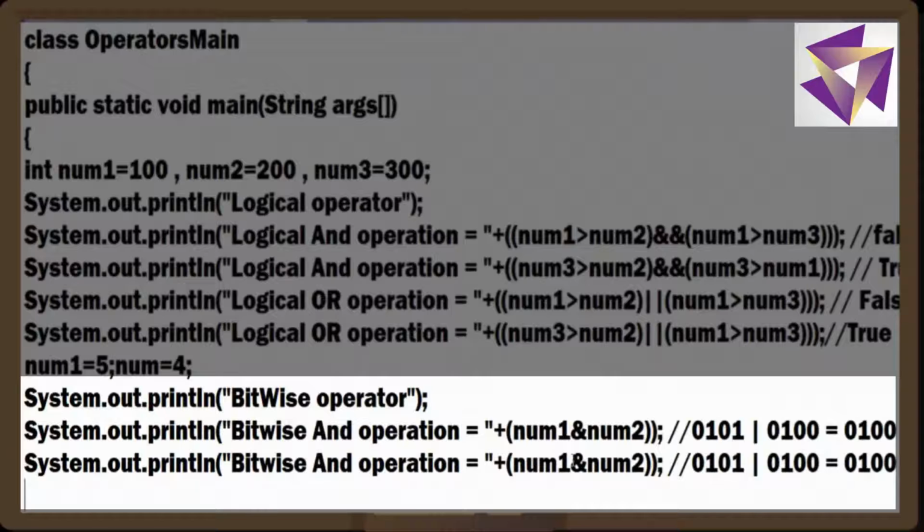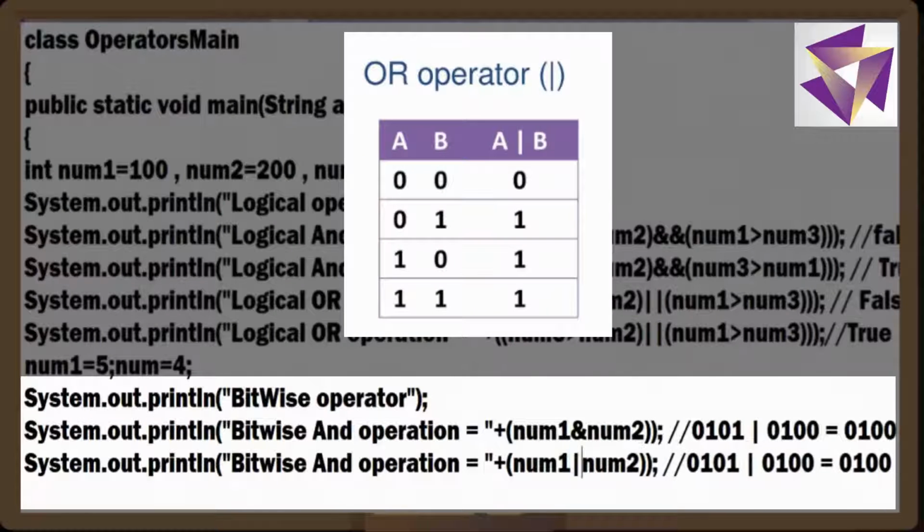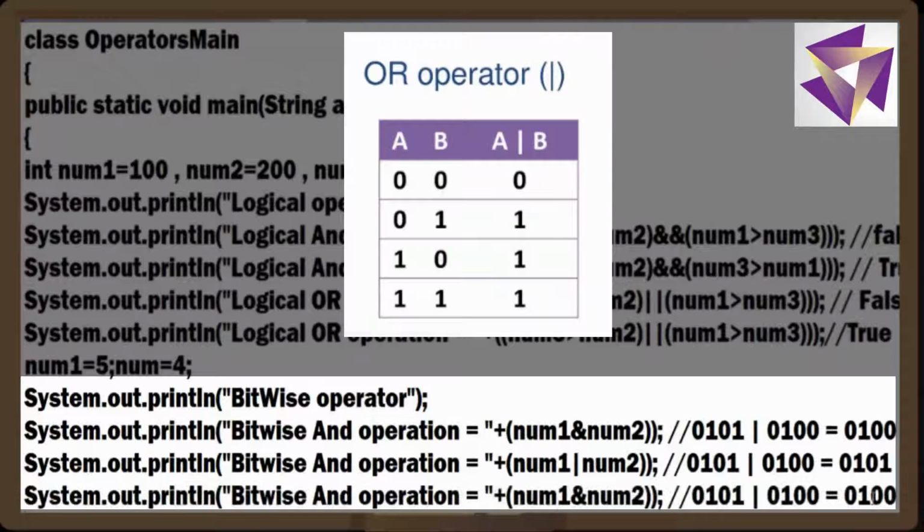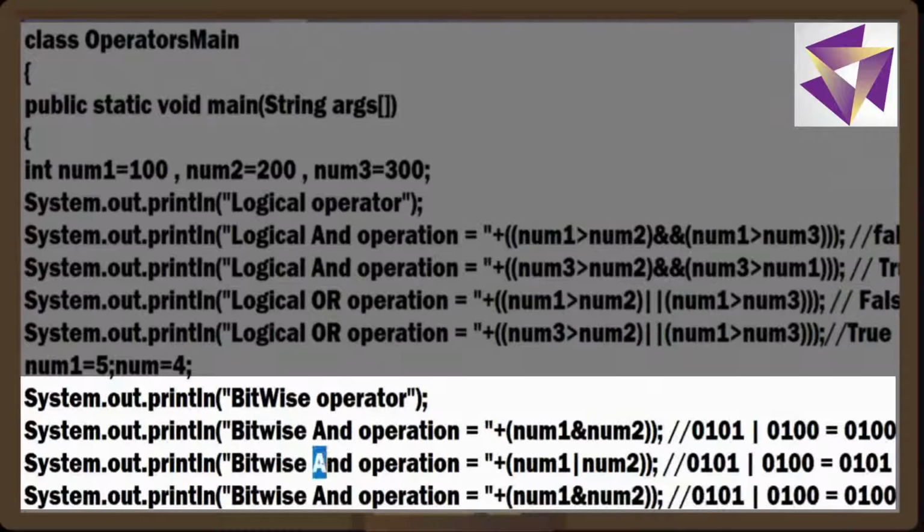Now if I come to the another part, now here I am using the bitwise OR operator. OR says any one bit should be 1. So for the first case it is 0, for the second case, for first it will be 1 because this is 1, so 1 will come here. In the second case at both the positions they are 0, third case both the positions are 1, and finally it will be 1, so the answer will be what? 5.